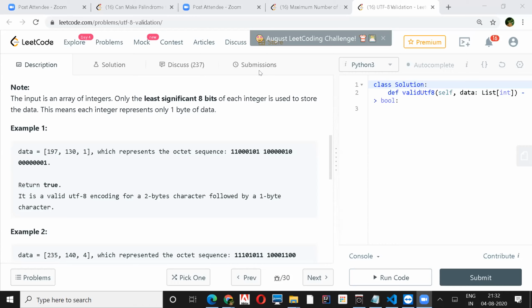Parshit, go ahead. I was thinking of an assumption, like what if we store all the 2 power 0, 2 power 1, and so on until 2 power 8. And suppose we got 197. First, if 197 is greater than 2 power 8, that means at the eighth position of the binary we will have 1, right?